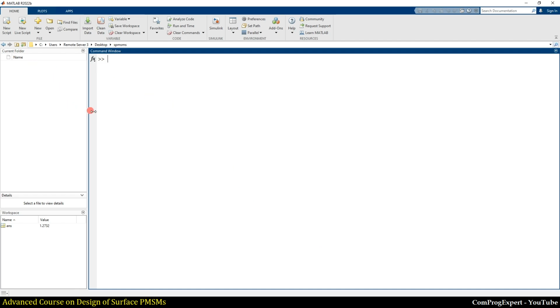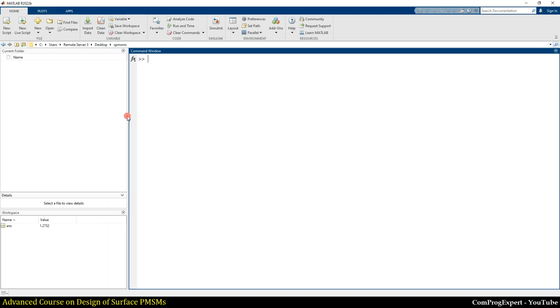Okay. So during the course, as I write M files, I will upload the related files to the course content folder, so you can download them and develop the code step by step.